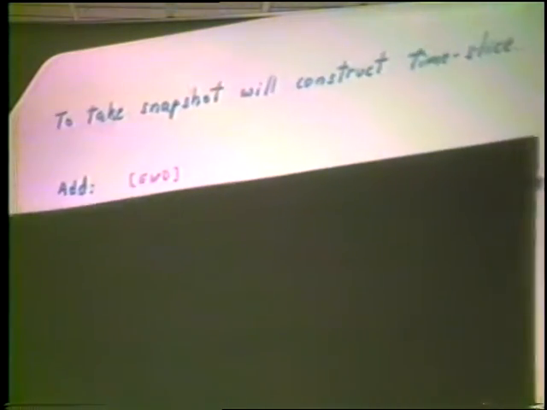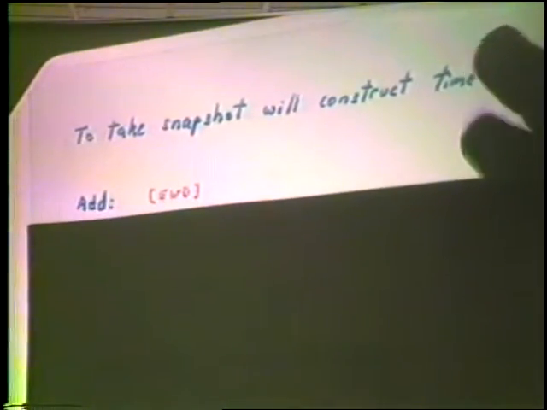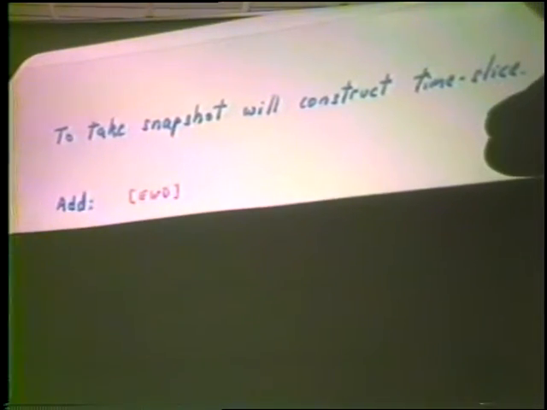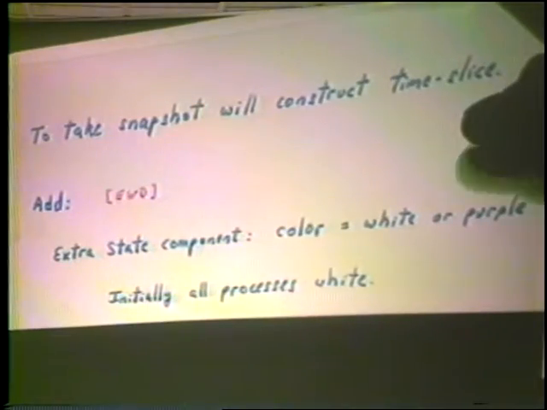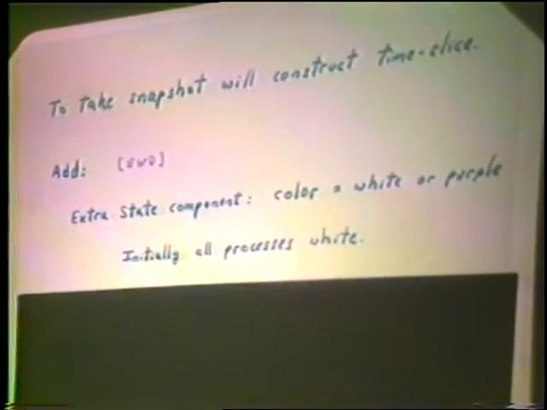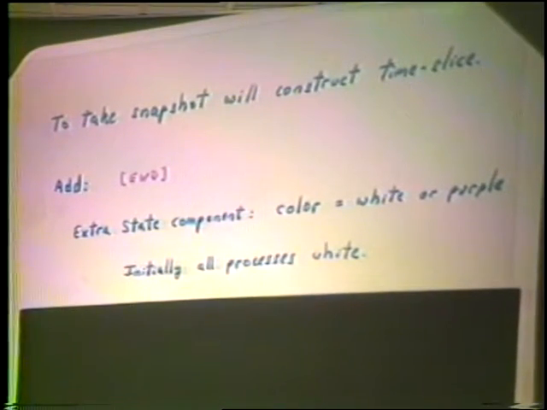Now, this way of describing the snapshot is due to Dijkstra. I'll start by adding an extra state component, which is a color. There's the Dijkstra influence.